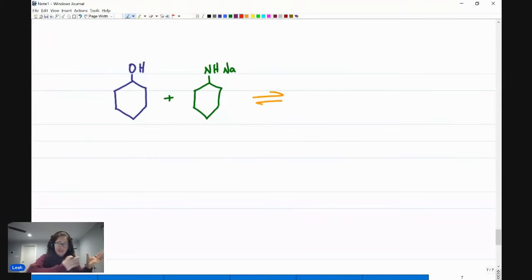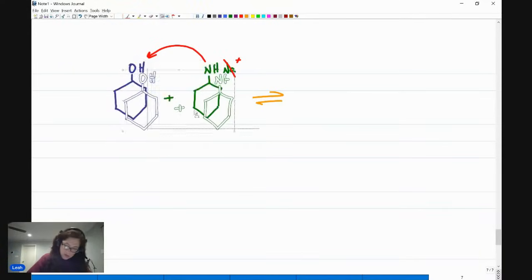If I have something that can be deprotonated or is deprotonated, then the more negative will steal a hydrogen from the more positive. So in this case, anytime I see an Na, I recognize that it's a positive spectator. I get rid of it. And then it will grab a hydrogen from the other molecule. So to complete this reaction,